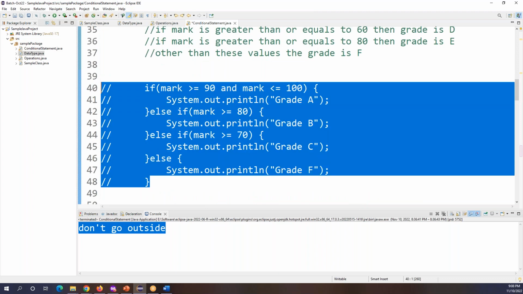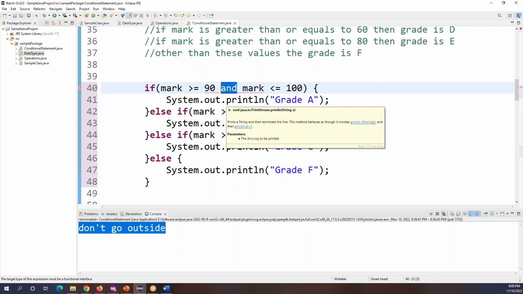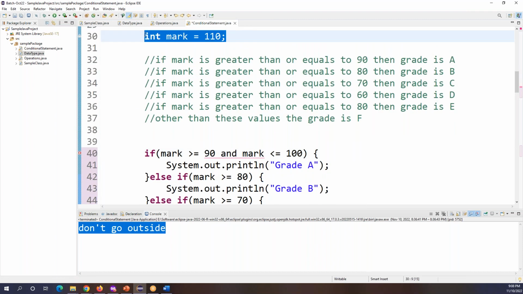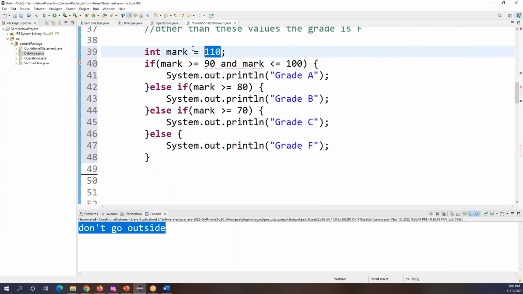So this is the main goal I have to complete. Now I'm checking if any mark is between those numbers or not. So I'm checking multiple conditions here. If my mark is, for example, 99, let me get this one here. It will be easy to check. If my condition is 99,